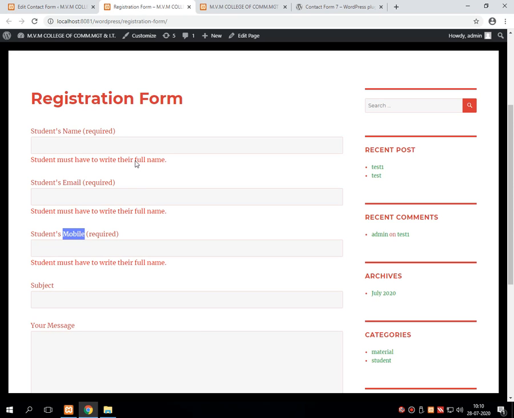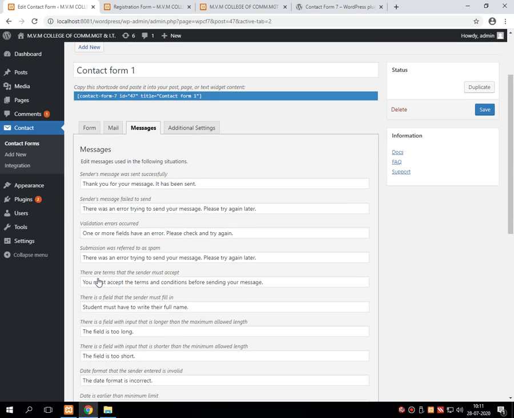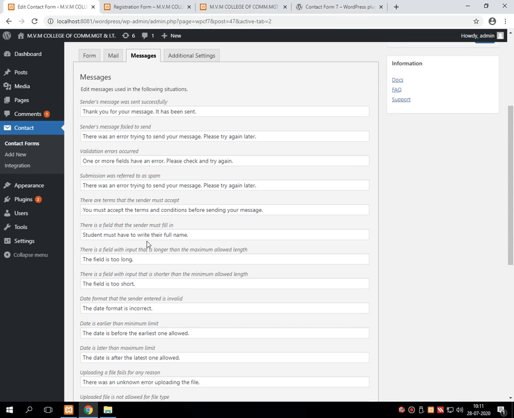This is correct for this particular field, but for the email field we need to write "Student must have to write their email address," and then for the mobile number.